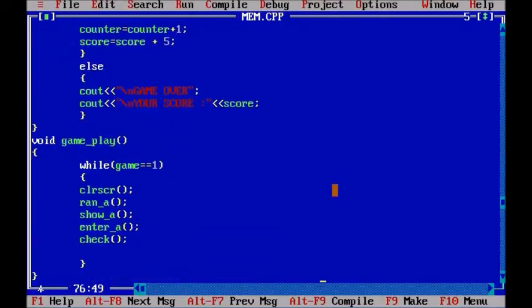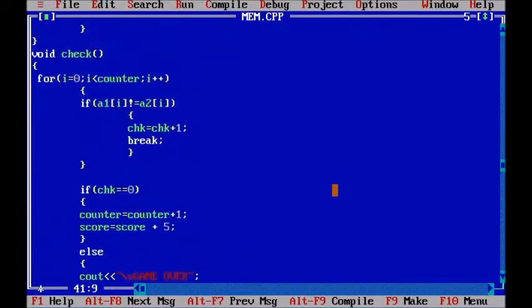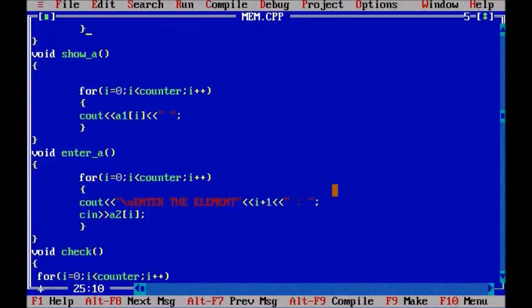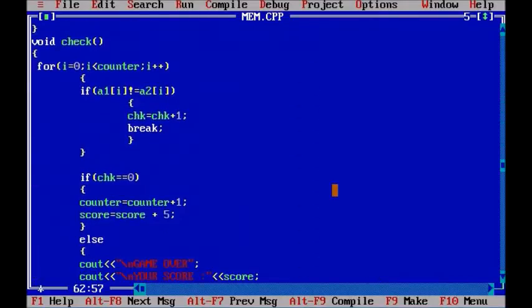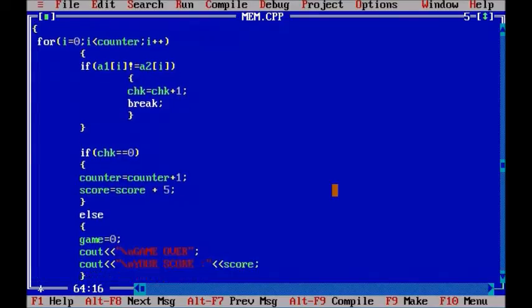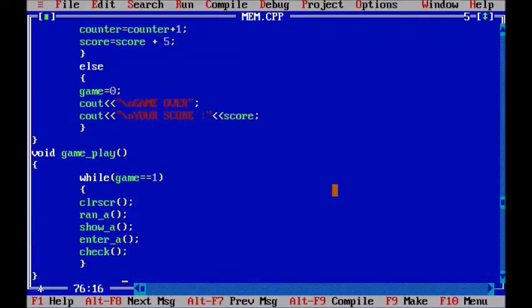So now let's move to our function and define the game here. So let's define game equals to 1 for the starting of the game, and when the user enters any incorrect value we will change the game to 0. Now all the main part is done,